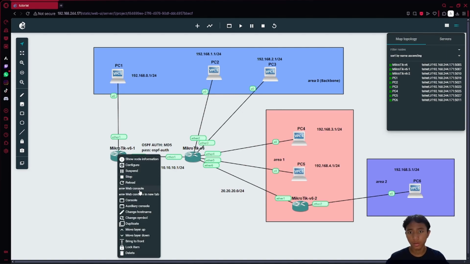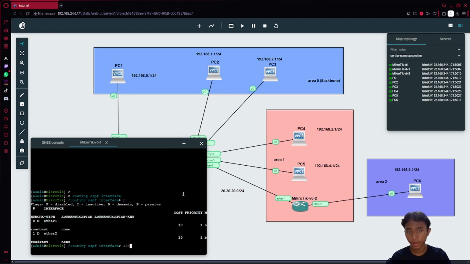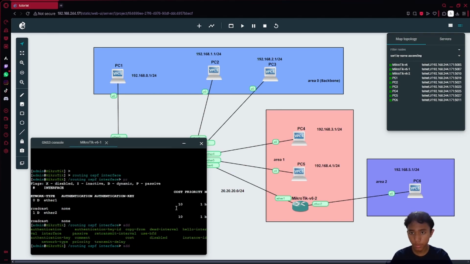Firstly, go into the router, then open routing OSPF interface, then add interface.